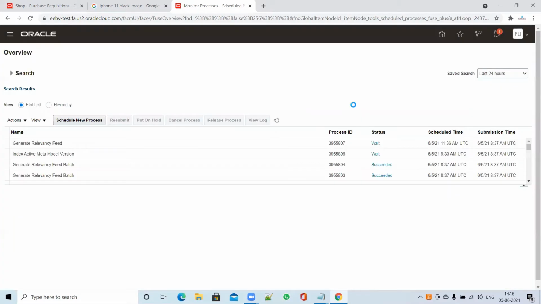Now click on OK and wait for the requests to complete. We can see that the request is running. In the meanwhile, I will download the mobile application on my phone and show you how to log in and raise the purchase requisition from the Fusion mobile app.